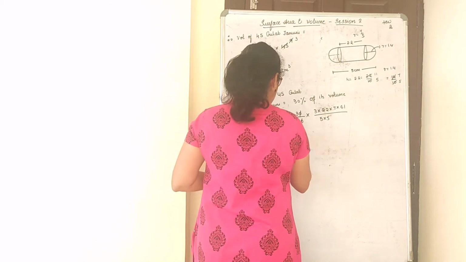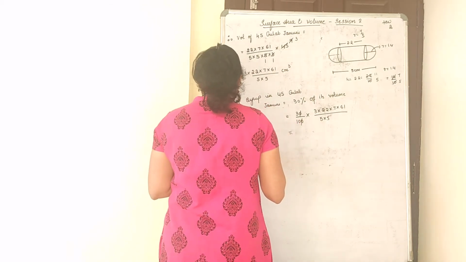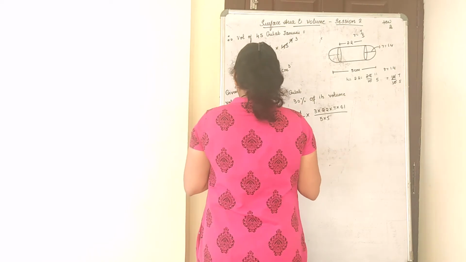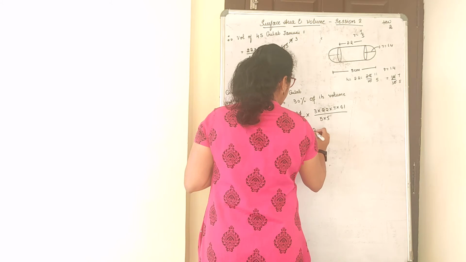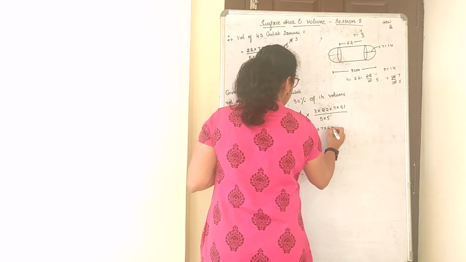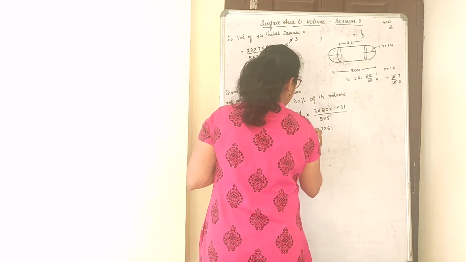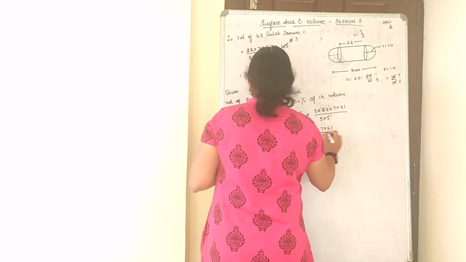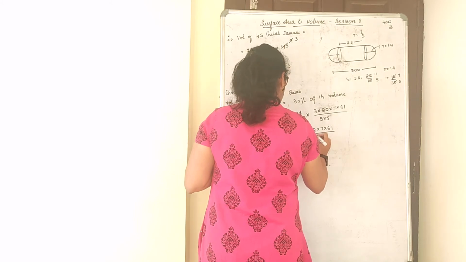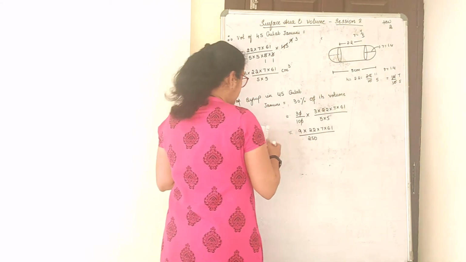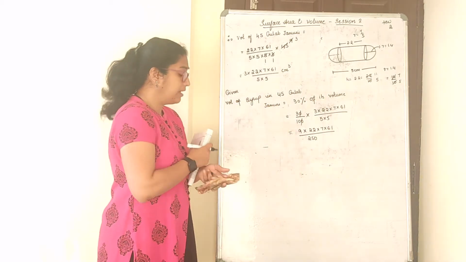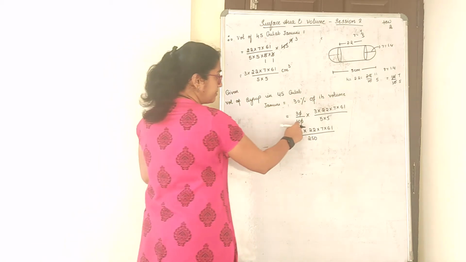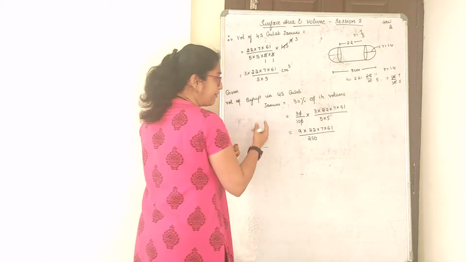Further calculations when you do it here. 30% of its volume. Multiply that. So this is 3 3s are 9 into 22 into 7 into 61 divided by 250. 5 5s are 25 into 10. You can cancel it also later or keep it also as it is. I want to keep this as it is. Why? Because see, I could have just done here, cancel this part or anything with 5 or in decimal.